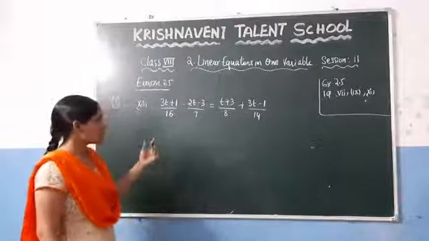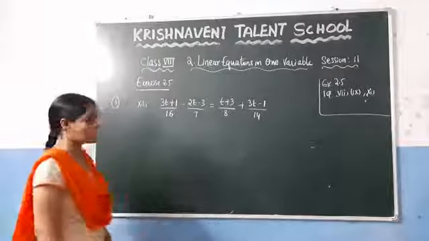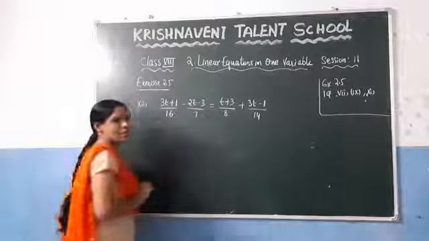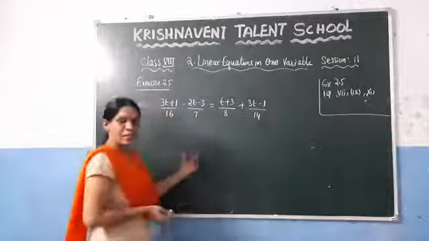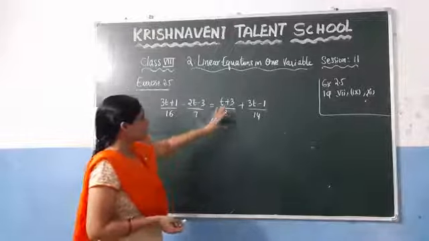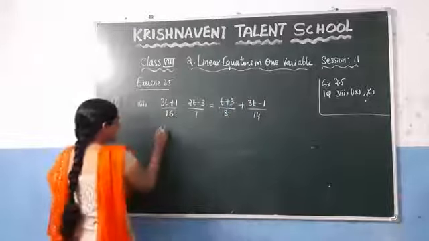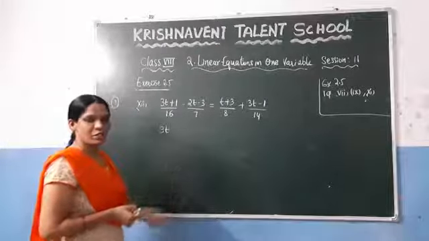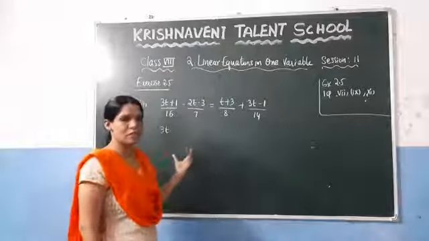Now here, which numbers you can take the LCM of so that the fraction becomes easier, you can check it here. You know that 8 and 16, the LCM of 8 and 16 is 16, and similarly the LCM of 7 and 14 is 14, right? It is much easier if you take these two terms. For that reason, take this term to this side and take this term to that side. Otherwise, you can take the LCM of 16 and 7, but you know that then you need to multiply these two values, and you will get a larger number.